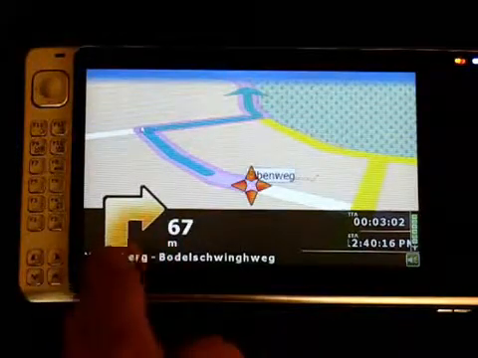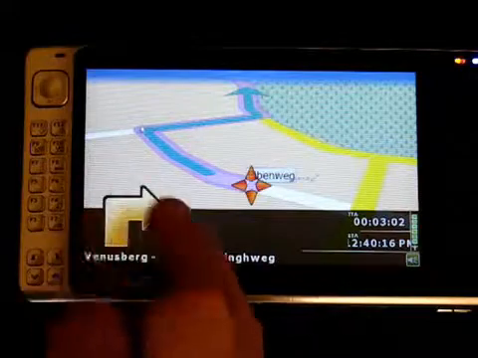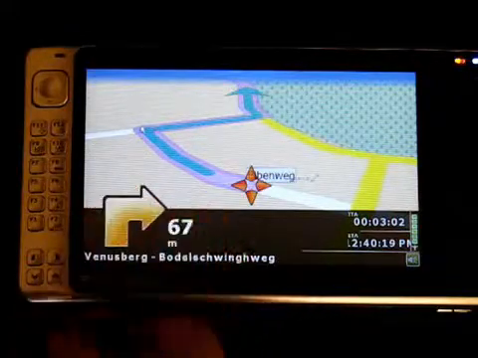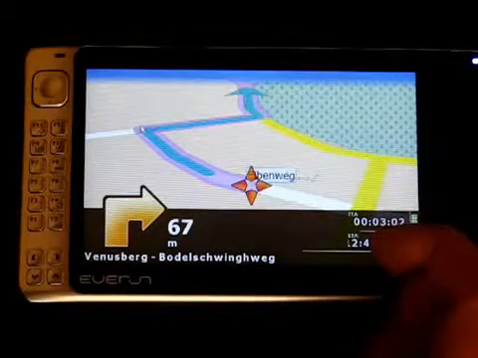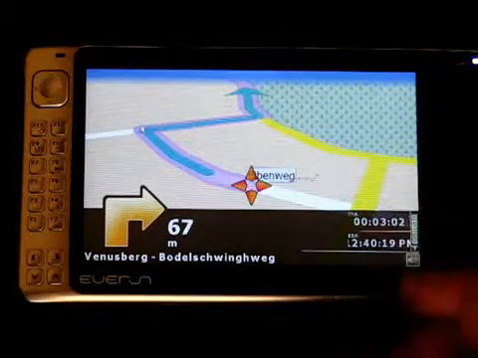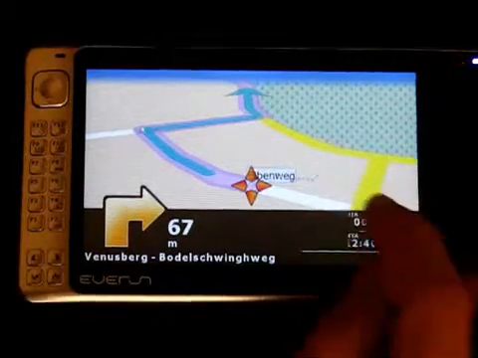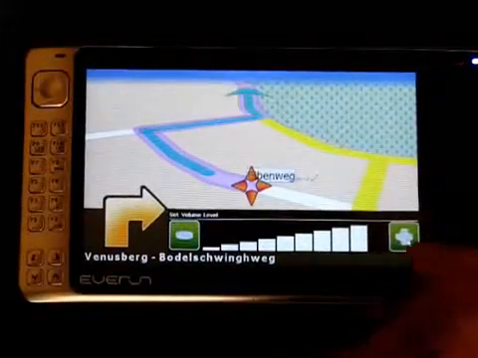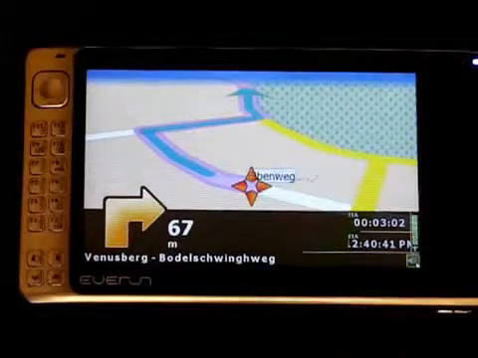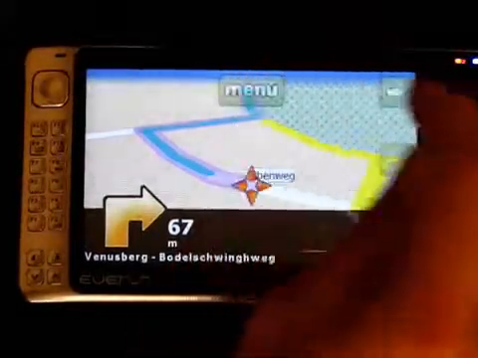So on the left-hand side, and I'll demonstrate this later in the car, you've got how far it is to the next turn, and then this is configurable here on the right-hand side. You can add your speed in there, or your height, or whatever you want to do. You can choose two options, and there's also a volume option as well. Okay, so let's cancel that